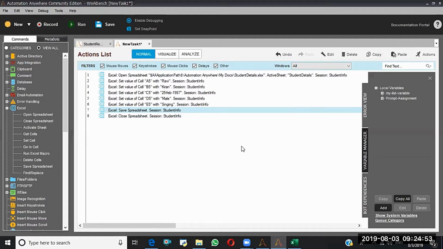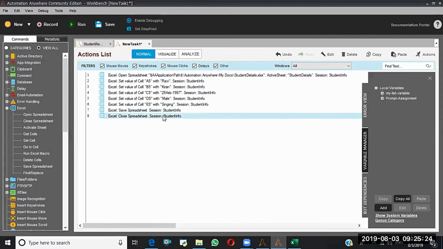Suppose you are working with very huge data that is having 10,000 records. So what we'll do is, after processing each and every record, we will save that, because if suddenly something happens, the already processed data should not be lost, right? That's the reason. Once we process the first record, we will save. Again, second record, we will save. Again, process third record, we will save. So in that scenario, this save spreadsheet will work. Okay.